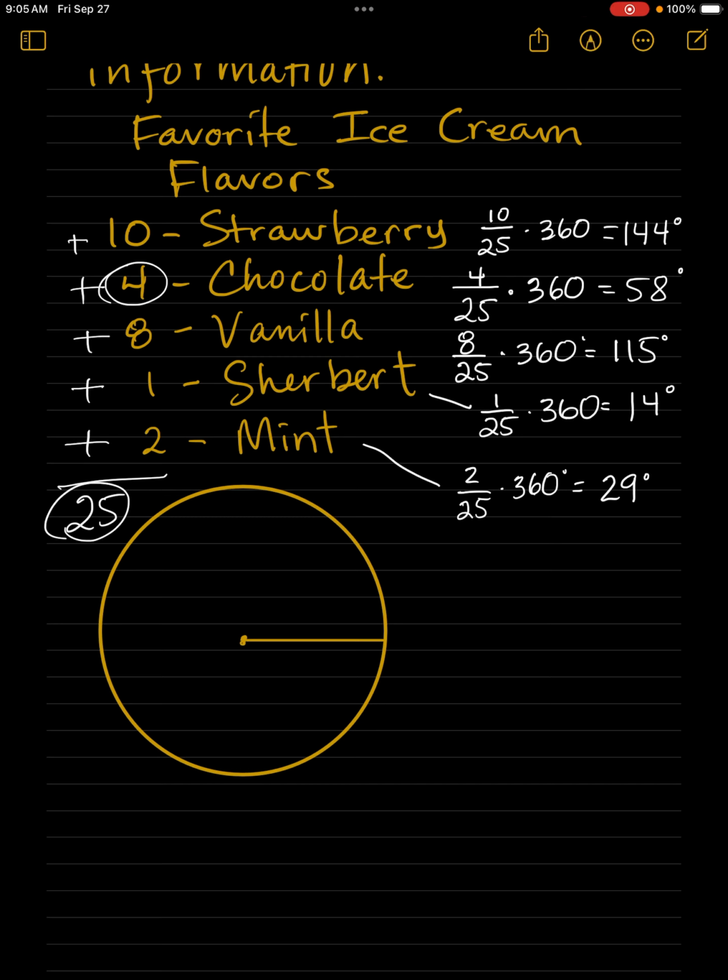At this time, you want to take your protractor, and we're going to start here, and then we're going to measure that angle. And so once we do each angle and figure out all of our slices,